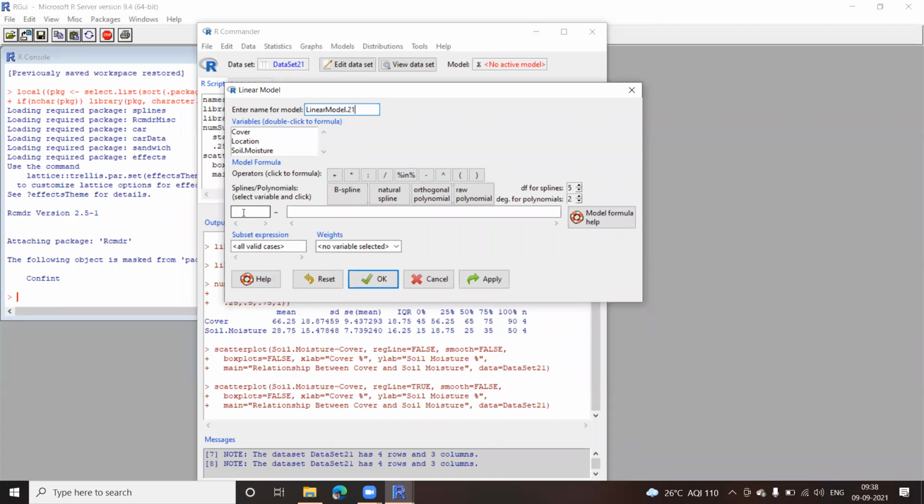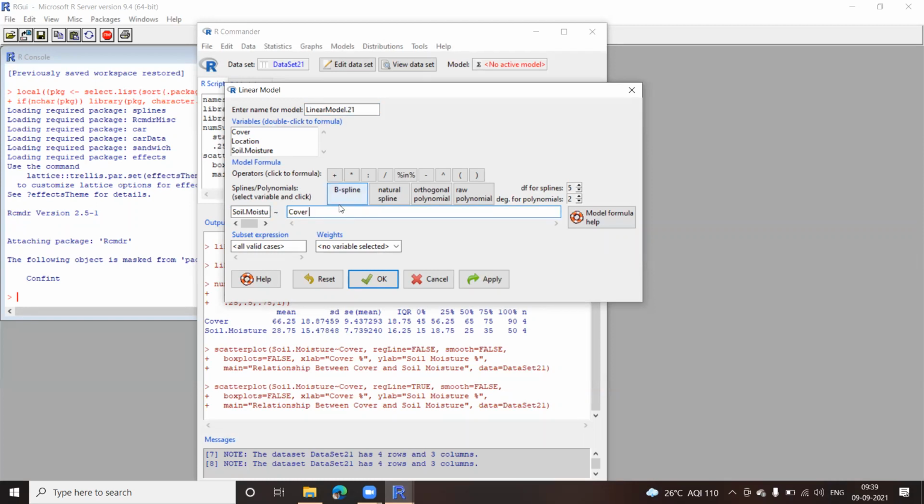When creating the model formula, the first variable here would be soil moisture, and here I'll double click to get the cover.